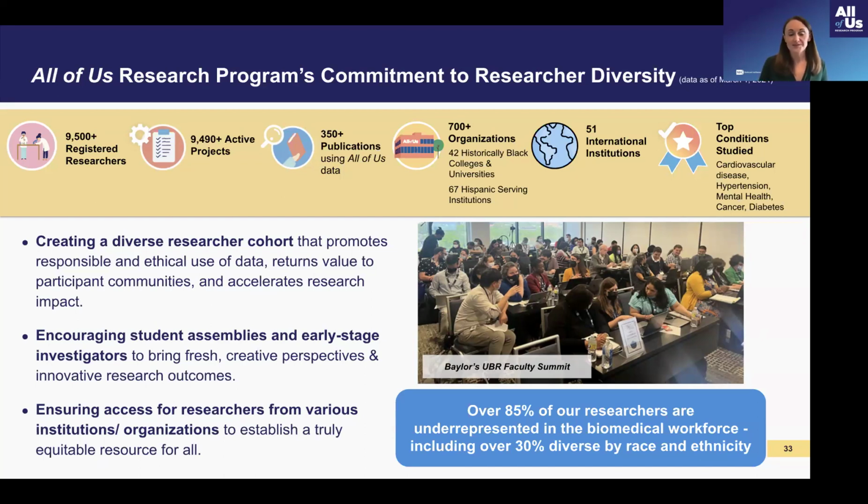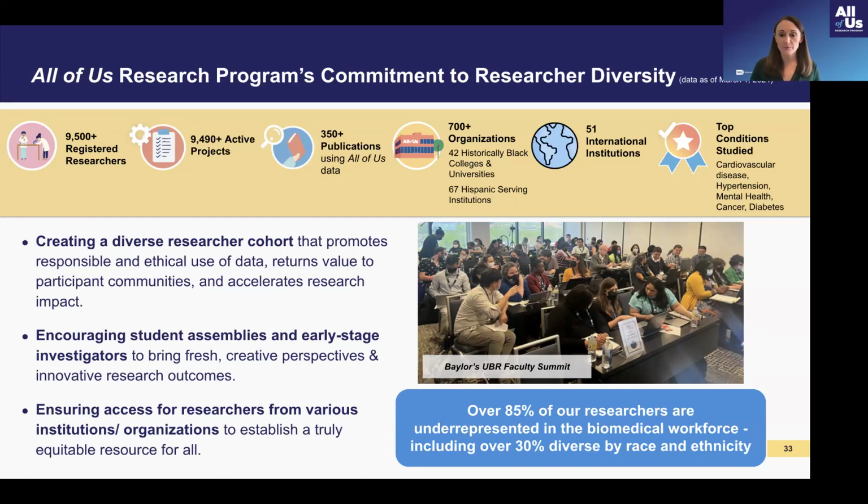And I'm sure this number is already out of date, but over 700 organizations are using the data just in the US. We want to continue to push for a diverse researcher cohort, as well as encouraging students and early stage investigators. This is a great opportunity to think about questions that you may have and gather preliminary data for the R01 or the next grant you want to write, or even an intramural proposal that you want to write. We want to ensure access from various institutions, as I've already mentioned,